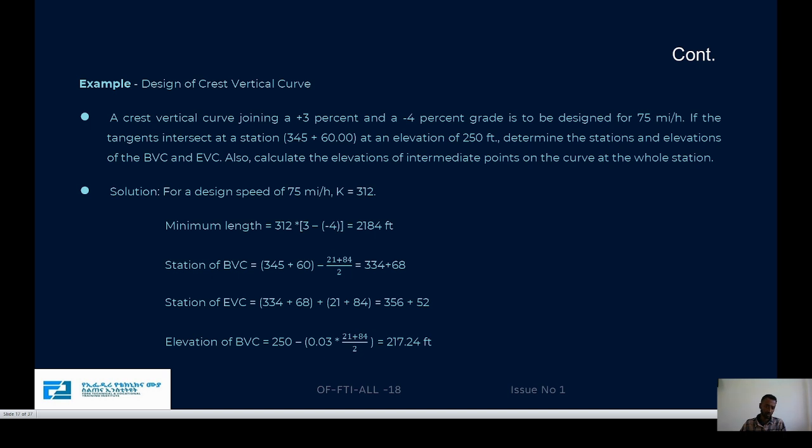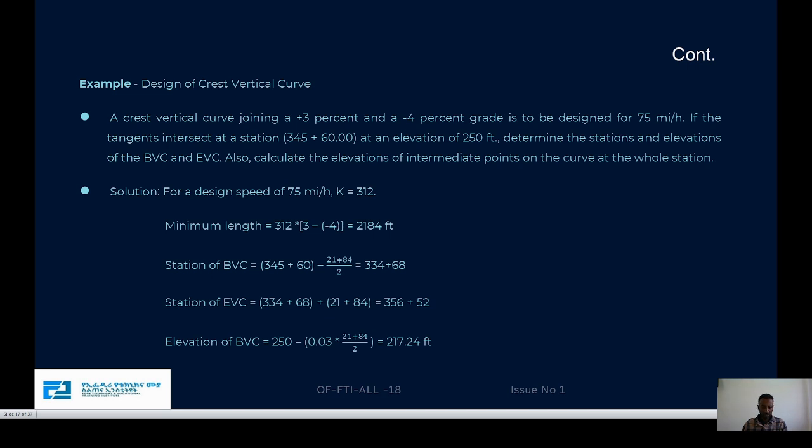So we try to design a vertical curve. It is a crest. So a crest vertical curve joins a positive 3% and a negative 4% grade, and the design speed will be 75 miles per hour. If the tangents intersect at a station, the point of intersection is